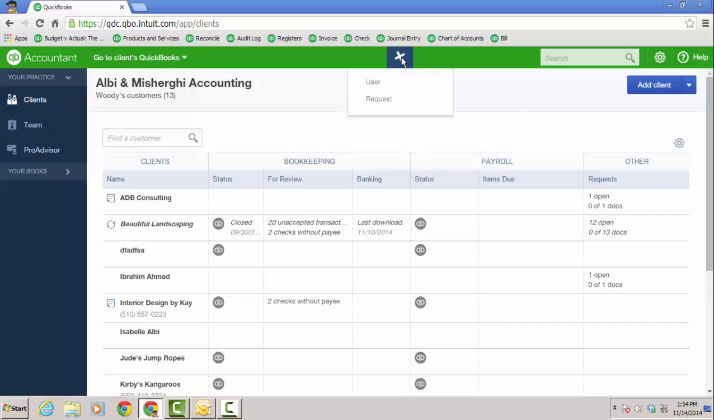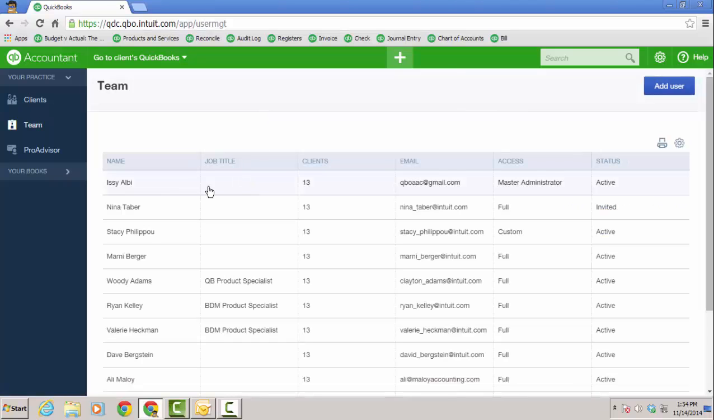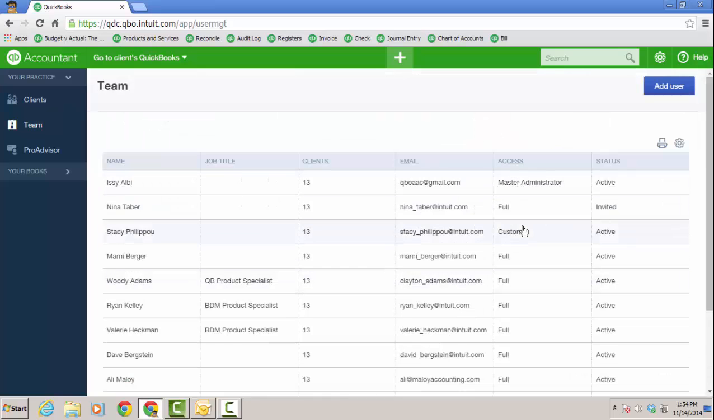So you can either click the plus sign, user, or you can go over to the team and you'll see the list of staff that we have in this file right here. See, Izzy is the master admin, and actually I am just one of the staff. But notice you can give access now, which is excellent, and prevent some of your staff from accessing other client files and also from doing firm administration tasks. So I'm going to click add a user,